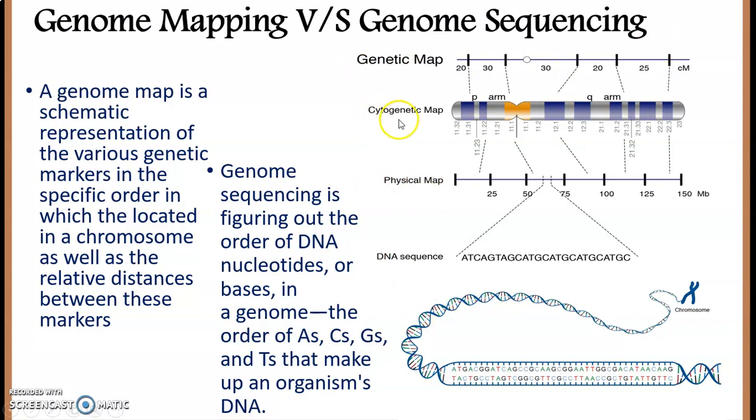And there can be three basic types of genetic mapping. That can be cytogenetic mapping, physical mapping, or linkage mapping that we usually study in genetics. So this can constitute a separate topic and a separate video, the genetic map and mapping. So moving ahead to the background of the Human Genome Project.